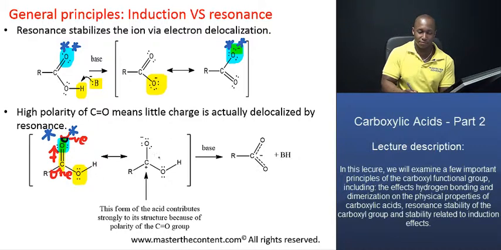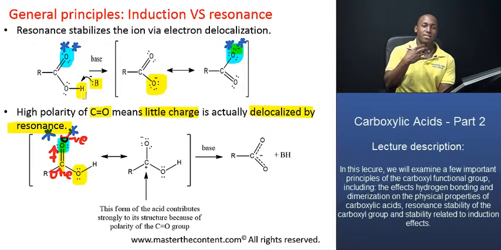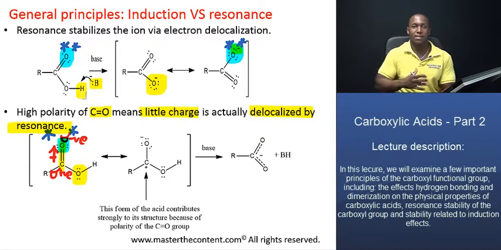I'm going to repeat myself. Resonance will not be able to add that much more electron density at this position because most of the negative charge is already there because of the polarity of the carbonyl group. And that's exactly what the second statement is trying to explain. The high polarity of the carbonyl group means that little charge is actually delocalized by resonance. Most of it is already there. Okay, so in that way, resonance doesn't have that much of an impact in the stability of the carboxylate anion